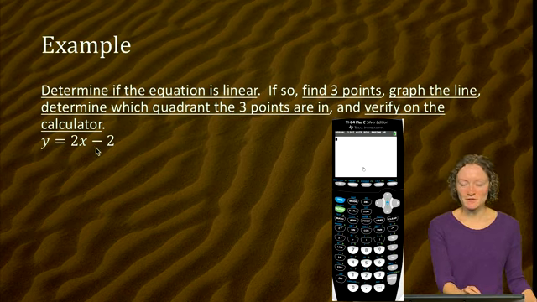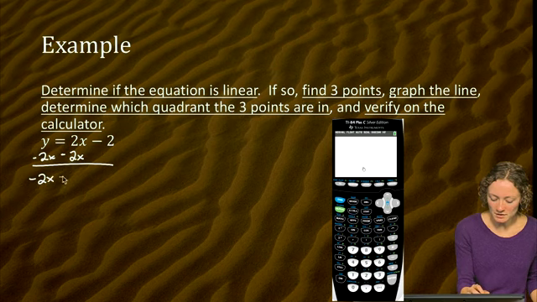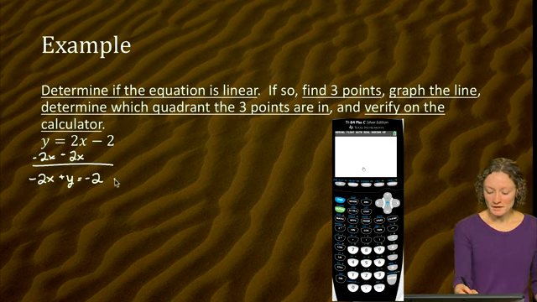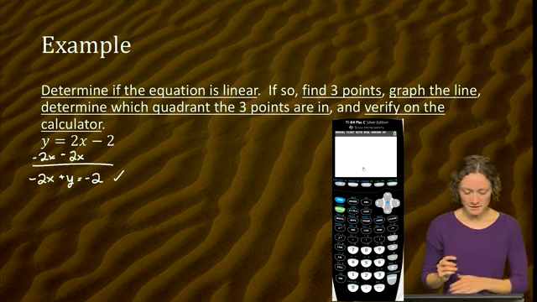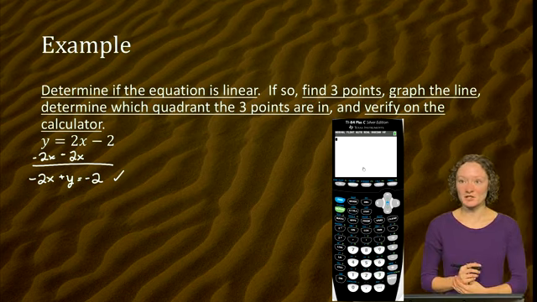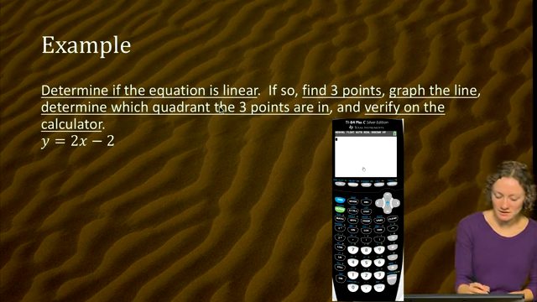Actually, we're going to determine if it's linear from that definition. So could we manipulate this equation to have ax plus by equals c? The answer is yes. We could, if we wanted to, subtract 2x from each side and get negative 2x plus y equals negative 2. This could be written in that format. This is a linear equation. In fact, I believe this is the example that we just saw. So this can be written this way. We don't have to write it that way. So first question, is this linear? Yes,